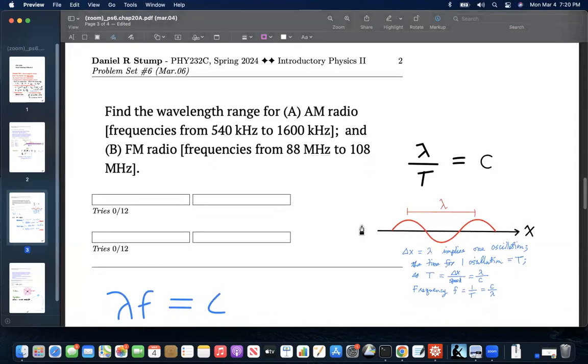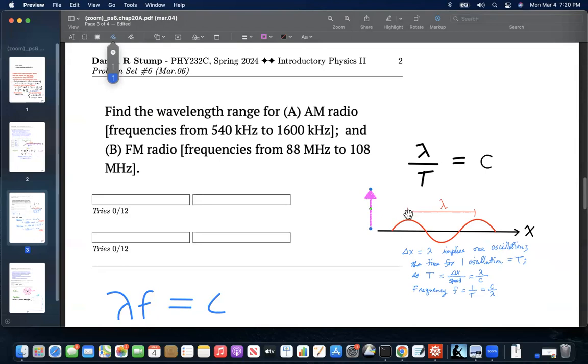So we always start by drawing a picture. Well, here's a picture of an electromagnetic wave. This could either be the electric field oscillation, or it could be the magnetic field oscillation. It would just have to be in some direction perpendicular to the direction of motion. And one wavelength